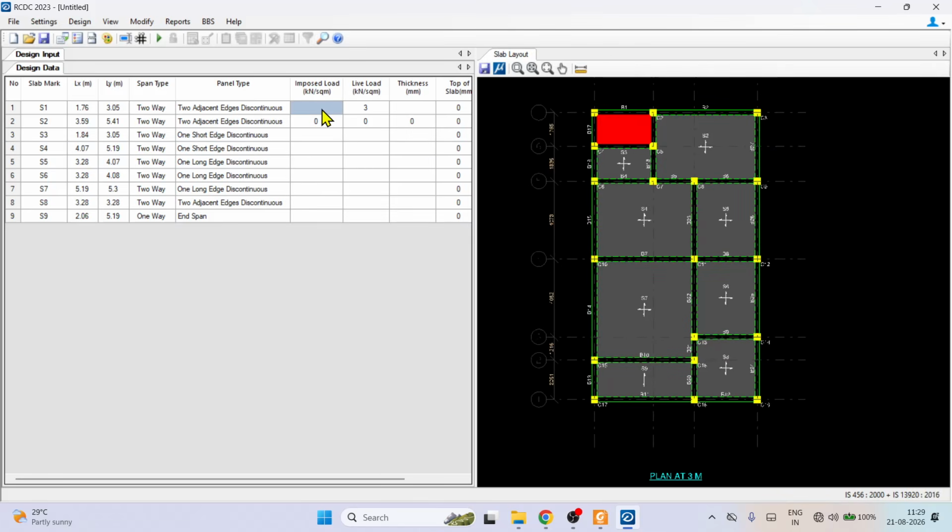And what is imposed load? Other than live load, all are imposed load for RCDC. So what load had we provided on slab? 1 kilonewton we had provided. The other load on slab like completely floor finish and then